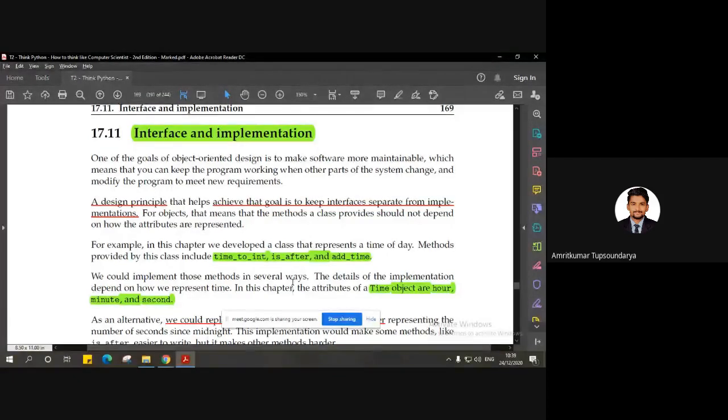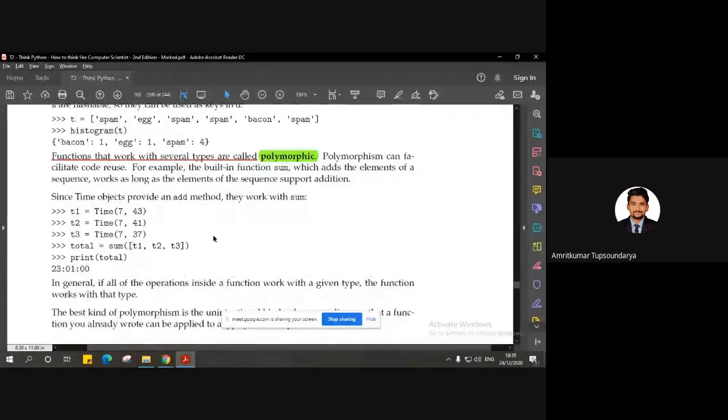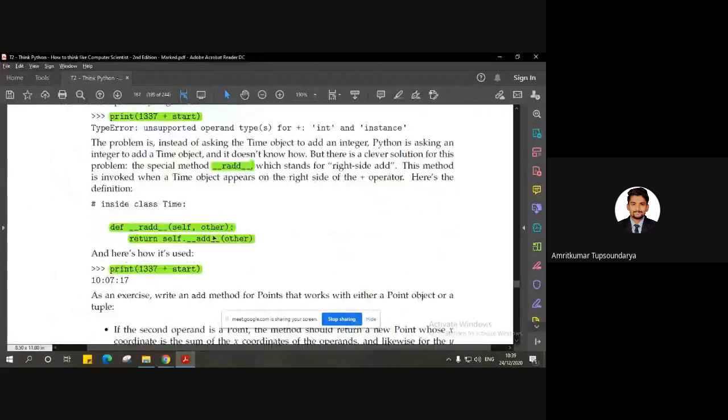That is the implementation and the interface. The interface is nothing but the exterior, the output or the result, the end result that we see. So the interface was most of the time the same, but the implementation at the back of it was different many times, we saw different methods, different ways to do it. Just a simple example, we saw how the time was converted. Let me show you again using the same example.